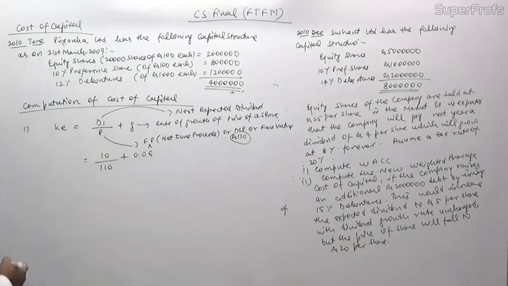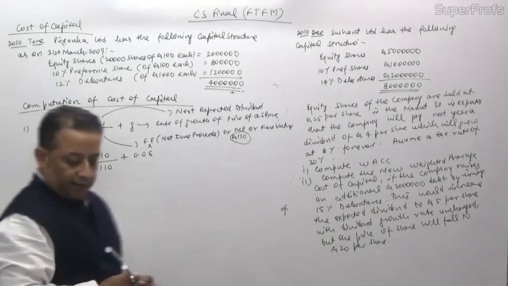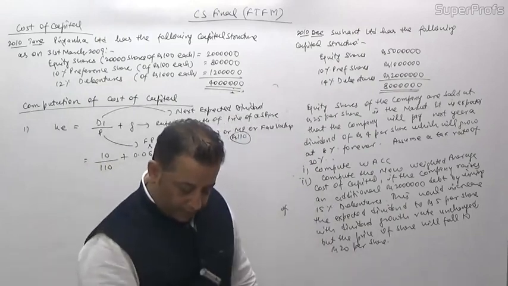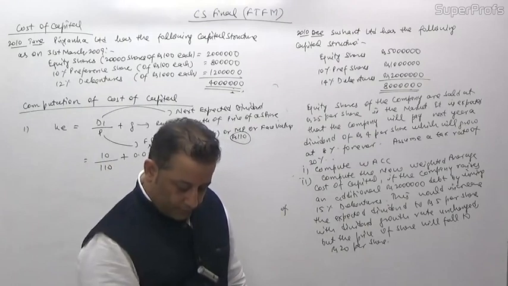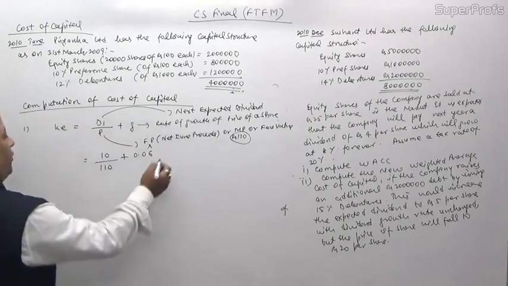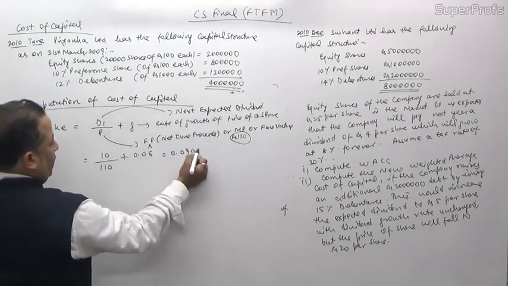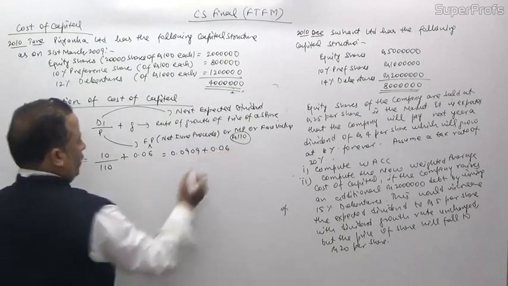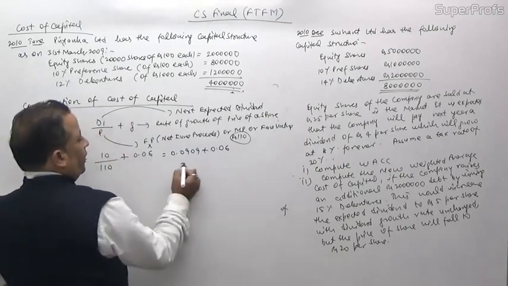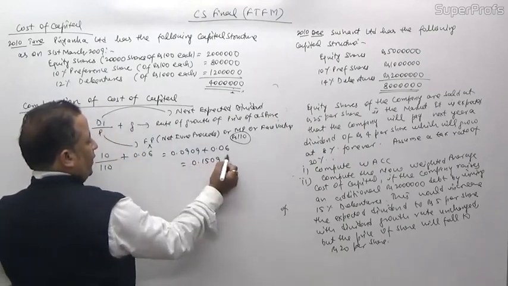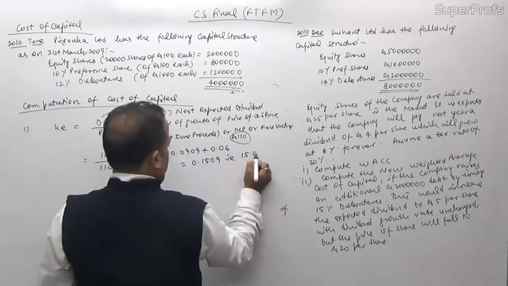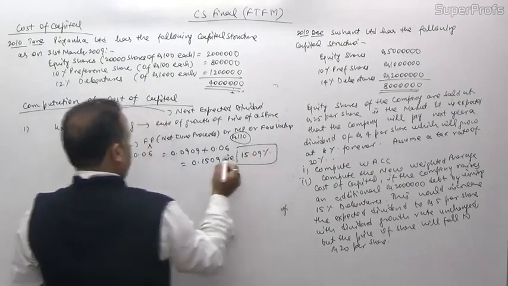So 10 divided by 110, that is 0.0909, plus 0.06, which is 0.1509, that is 15.09%. So the cost of equity